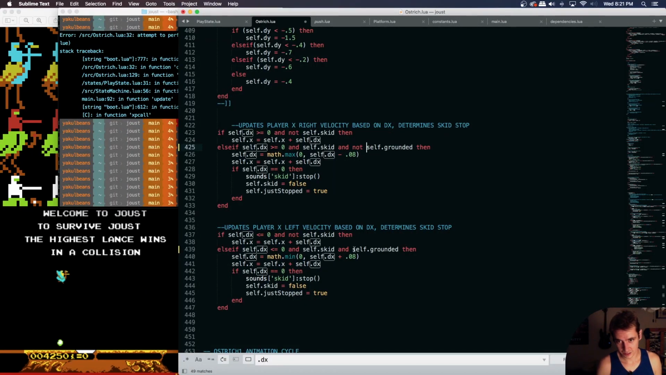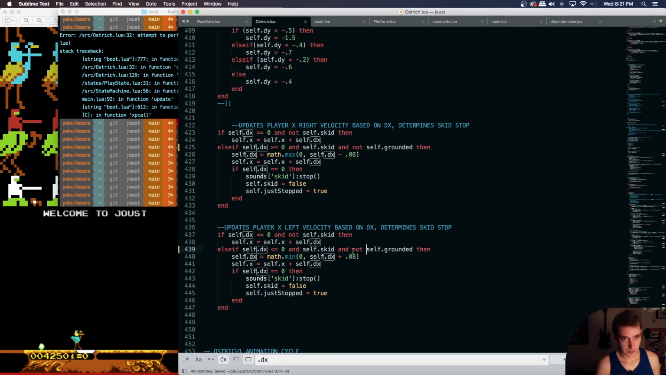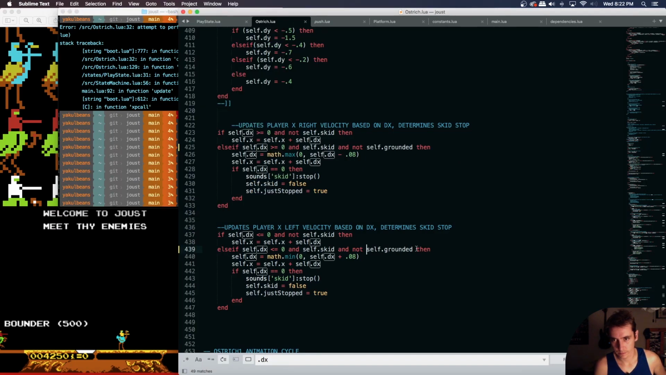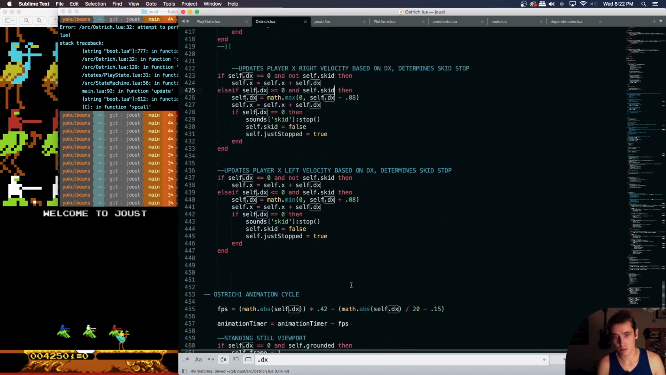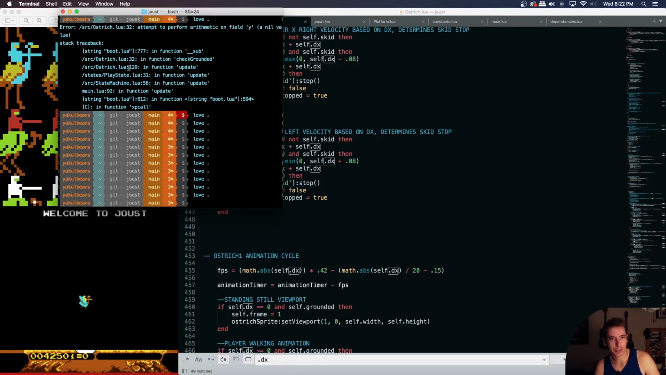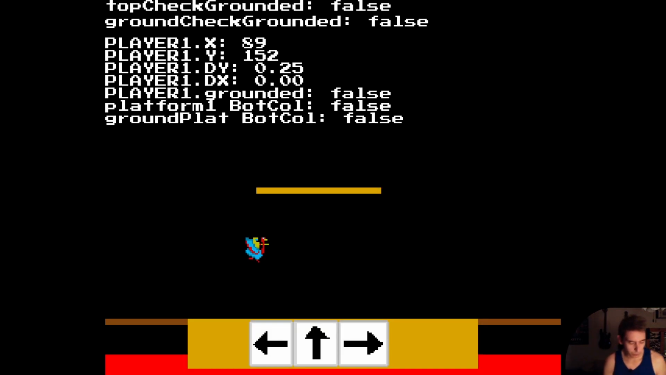Just to see. Guess that answers our questions. I don't know why our dx gets 0. I don't know why our dx is getting 0 there. Let me try to let go of left before